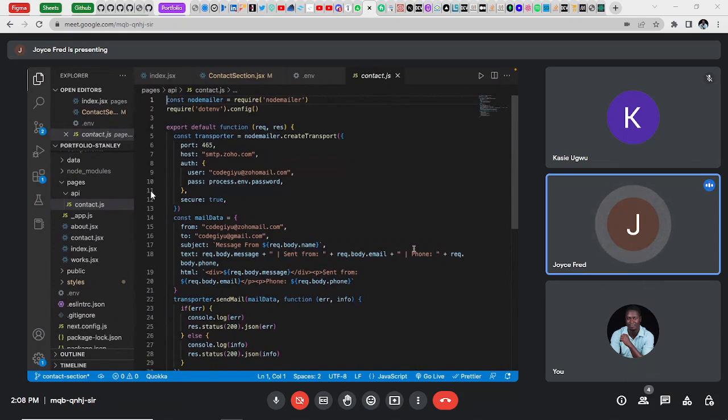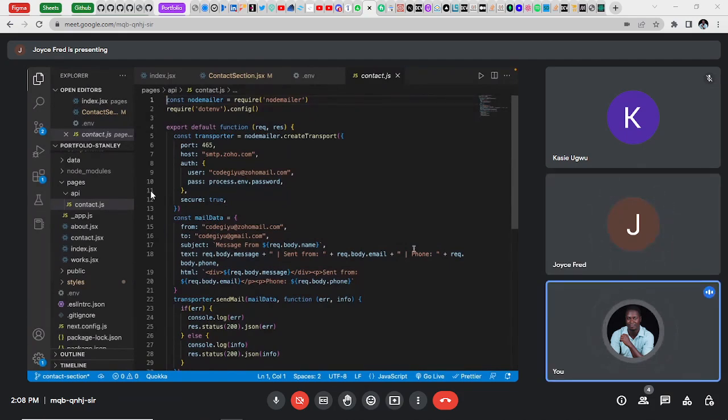You can't tell what it really is. Is it like installing the dotenv, bringing it in here? Let's call it bringing it in here, because the function of that dotenv package is to help you get stuff from any env files in your project. So if you look on line 10, it said process.env.password. So when you require dotenv and you run the config method on it, then you can now do